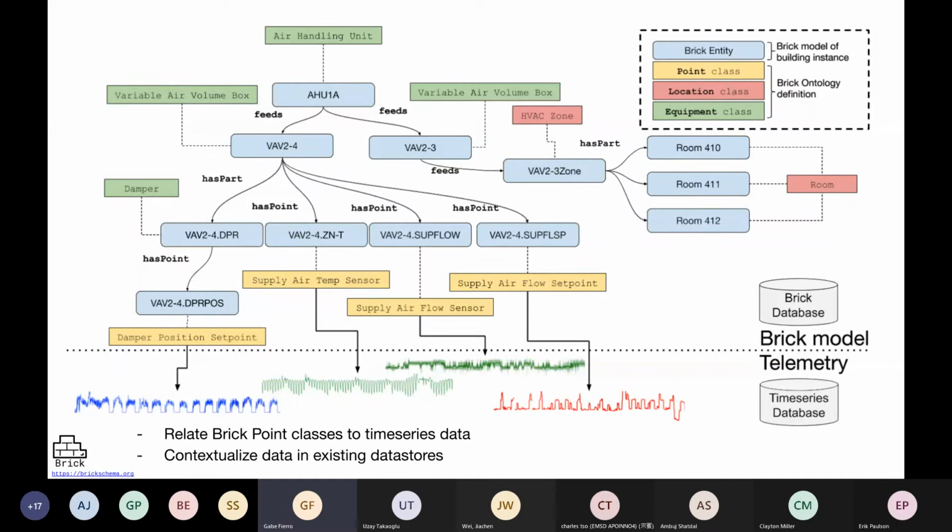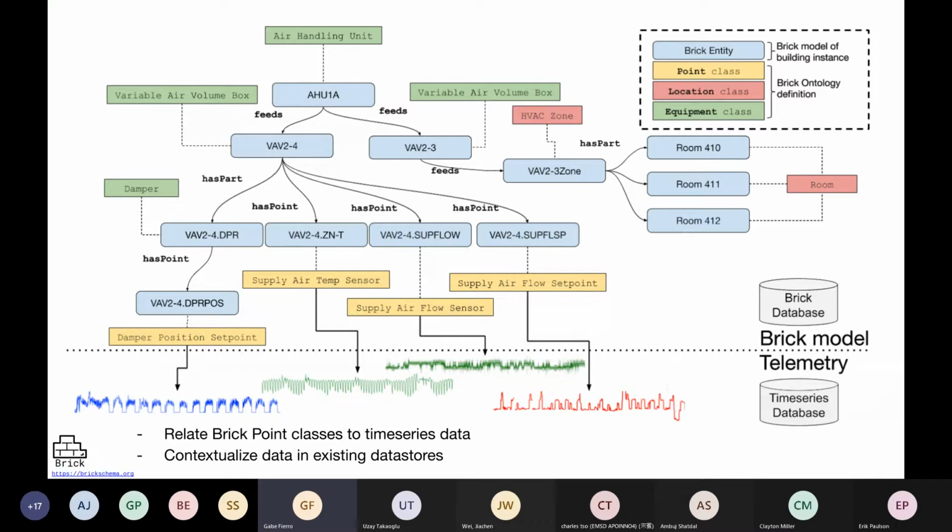And then once we have that Brick model, the points, the data sources inside that Brick model can be related and point to the data streams themselves, the historical data itself that is stored in a logically separate database, probably InfluxDB or TimescaleDB or Cassandra or whatever your favorite time series database is.